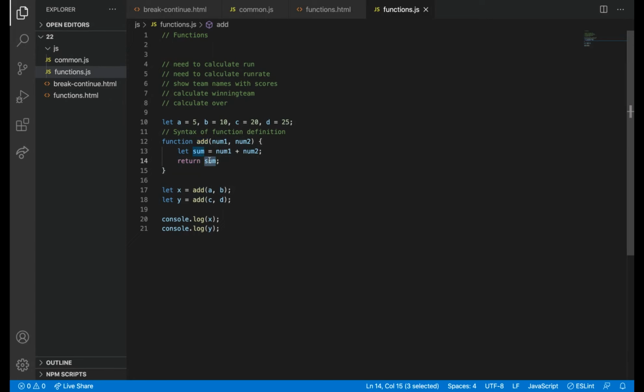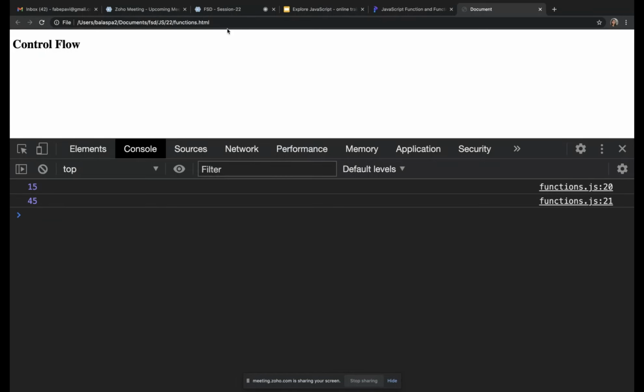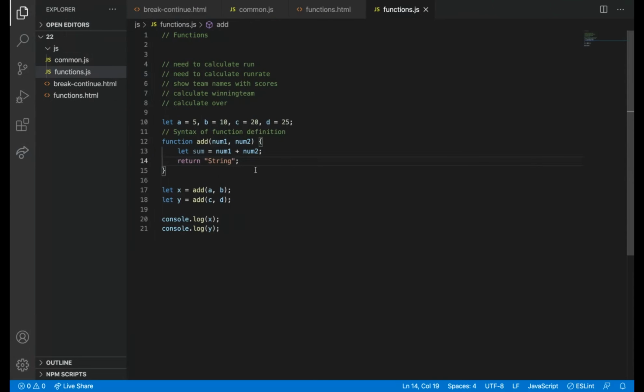I can return anything else here. It doesn't need to be sum. I can just say string. So what will be the result? String will be stored, but there is no use, right? We are calculating something, so in the code we will definitely want